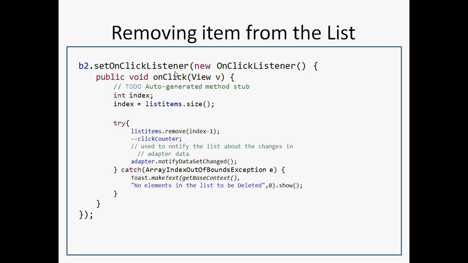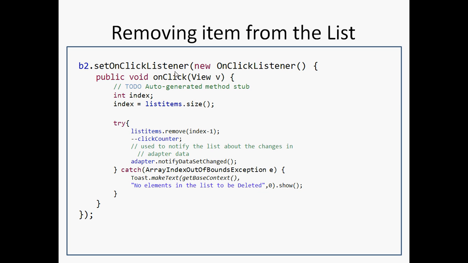Now, how to remove an item from the list view? It will follow the same sequence we followed for adding. While removing the item from the list, you are going to remove the item from the array list. Now your array list is updated. What are you going to do? You are going to refresh the adapter. Again, you are going to implement the remove method on the array list items, passing the index of that item.